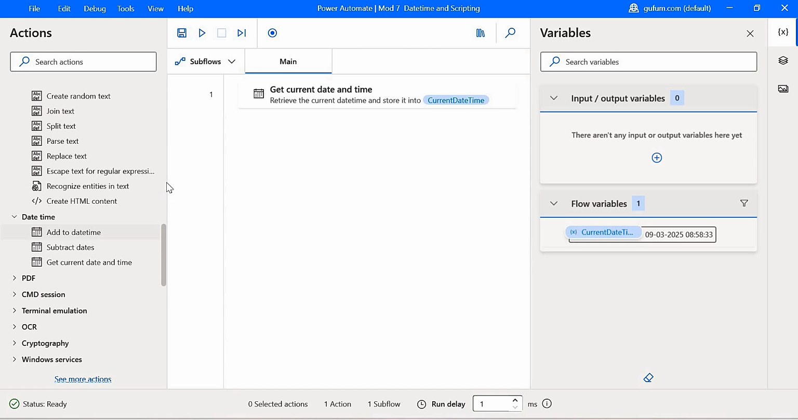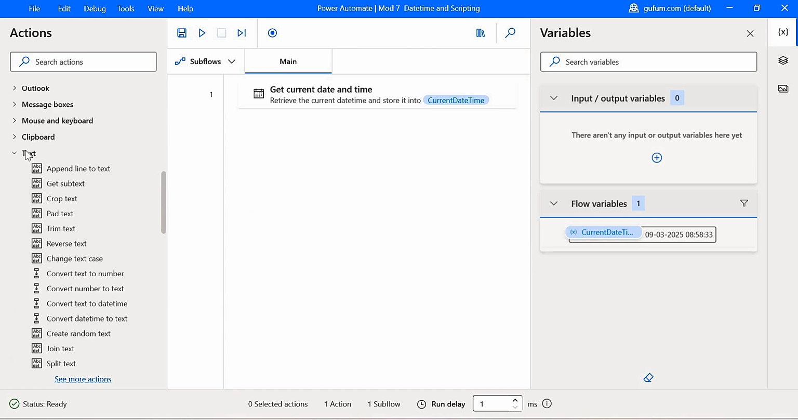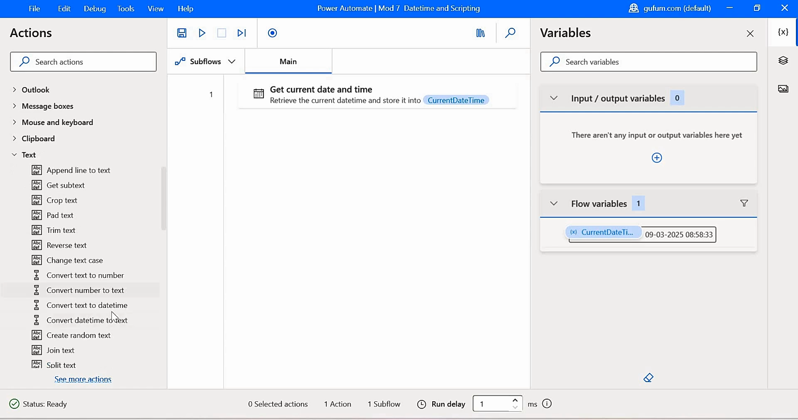This time, instead of the date time actions, we need to go into the text set of actions, and convert date time to text is the action in question. So these are used for two purposes. One is, let's say, if your upstream system or downstream system accepts only text type of variables. Whereas when you double click this action,